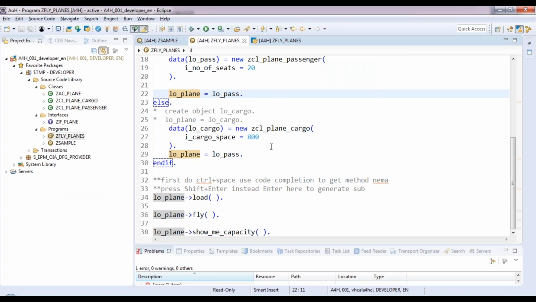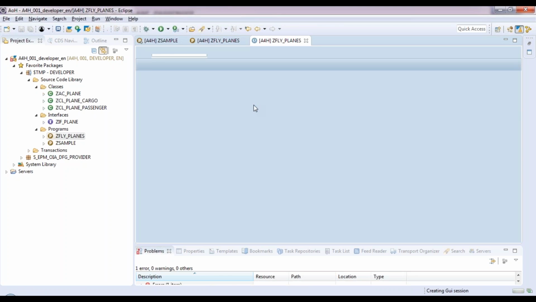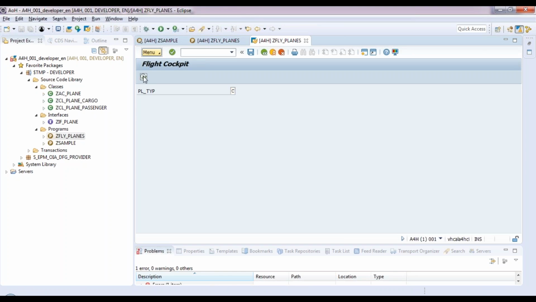Above also same thing. Of course you're creating cargo object here which you need to pass. So let's pass cargo object, save this. We are good. Activate the class, sorry, program, execute it, and now let's test for cargo. Execute,